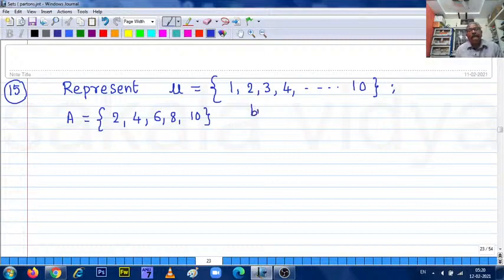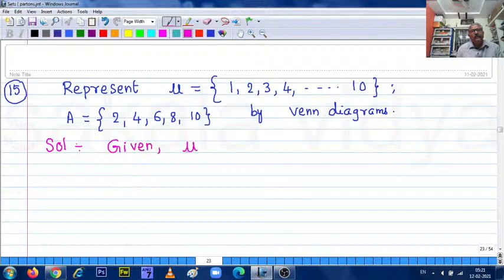by Venn diagram. The great mathematician John Euler introduced the Venn diagrams to represent the sets, a visual representation or illustration of the sets. In Venn diagrams, first of all, the universal set is represented by a rectangle, whereas closed circles or even closed oval shapes you can take for the sets. So given